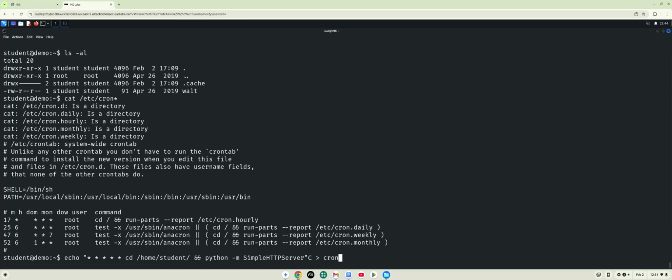All right. So again, this asterisk operates as more of a wild card, where if I wanted to specify an actual, let's say, day of the week or month or an amount of minutes or hours, I would replace the asterisk with the actual value of that interval. All right. So in this instance, I want it to run as often as possible, because that's what's